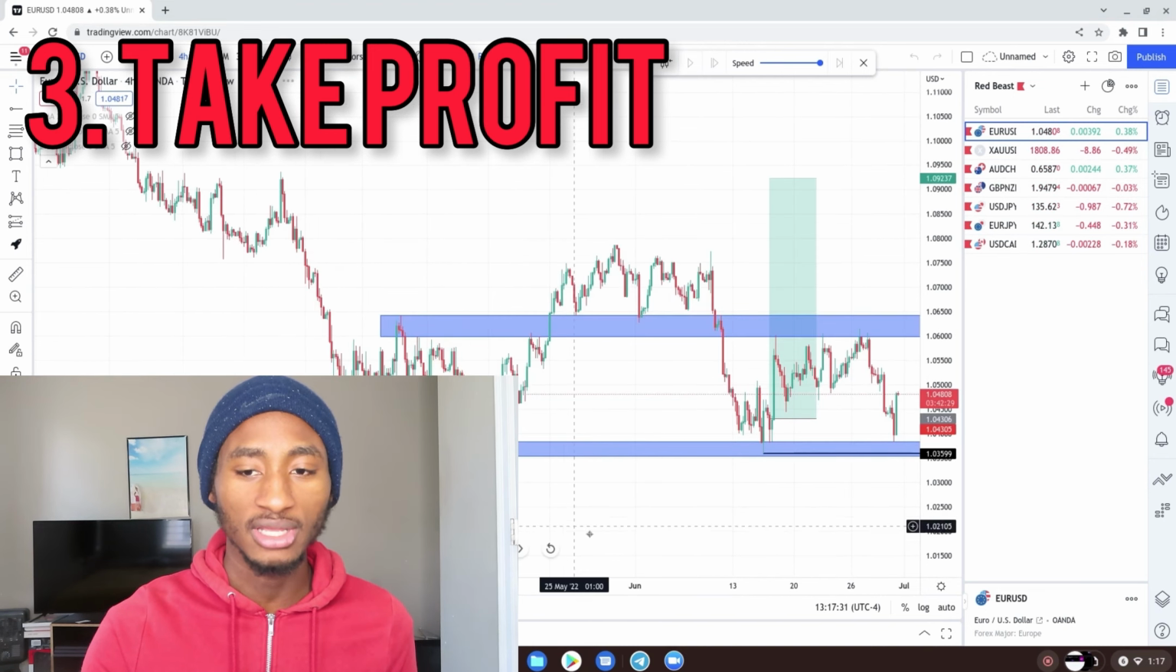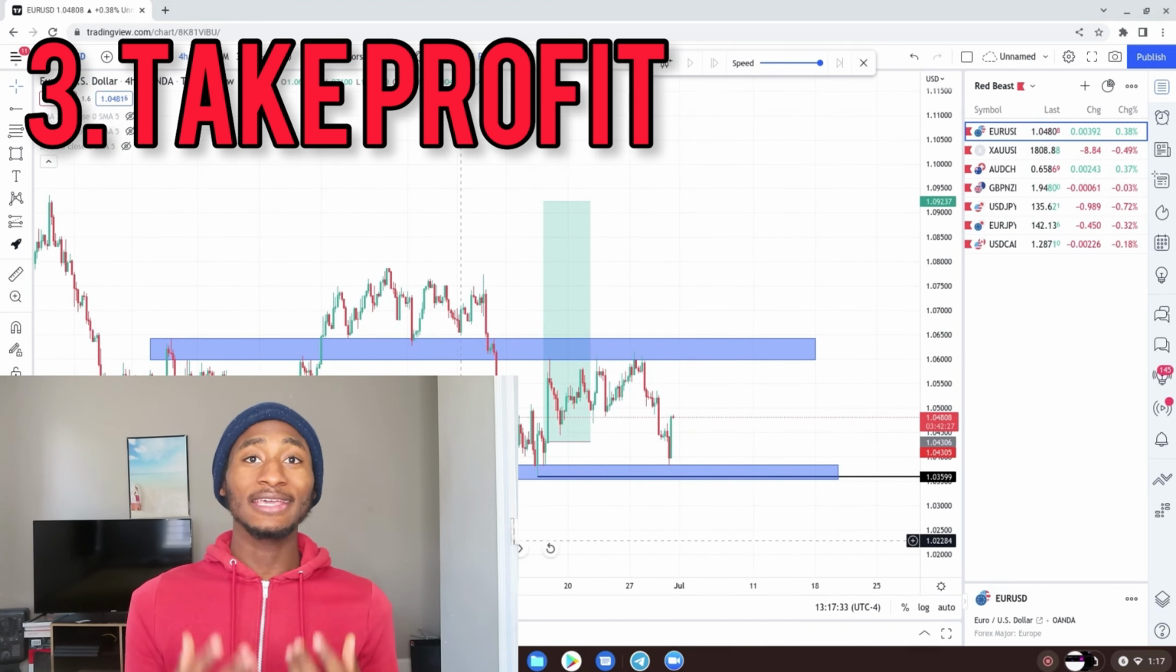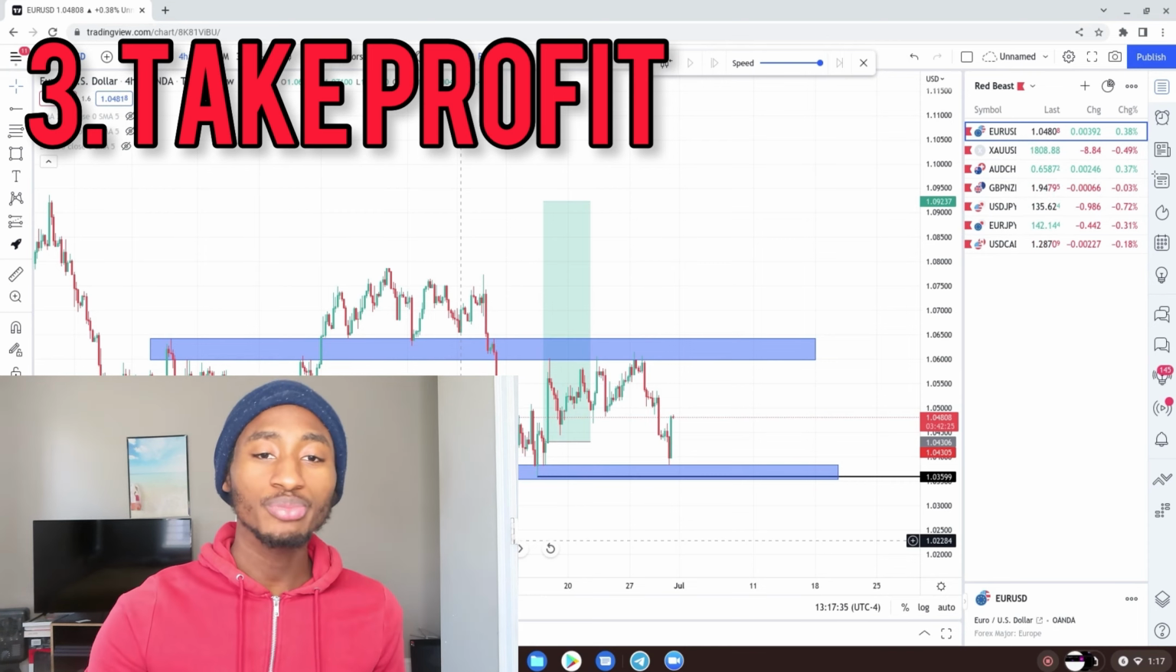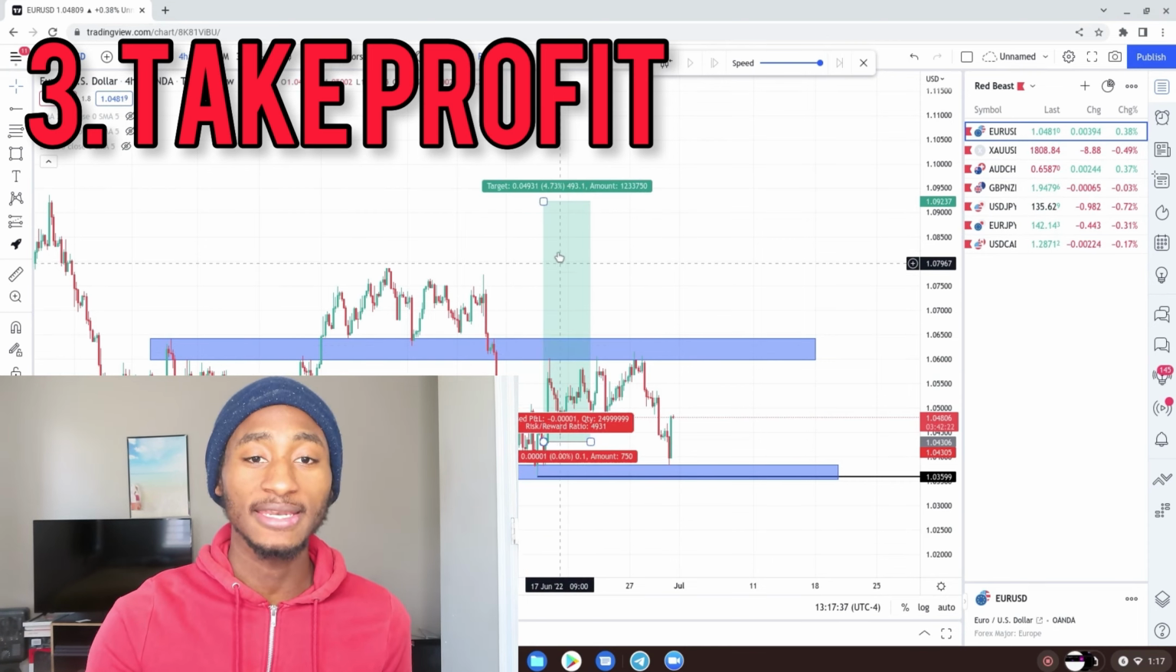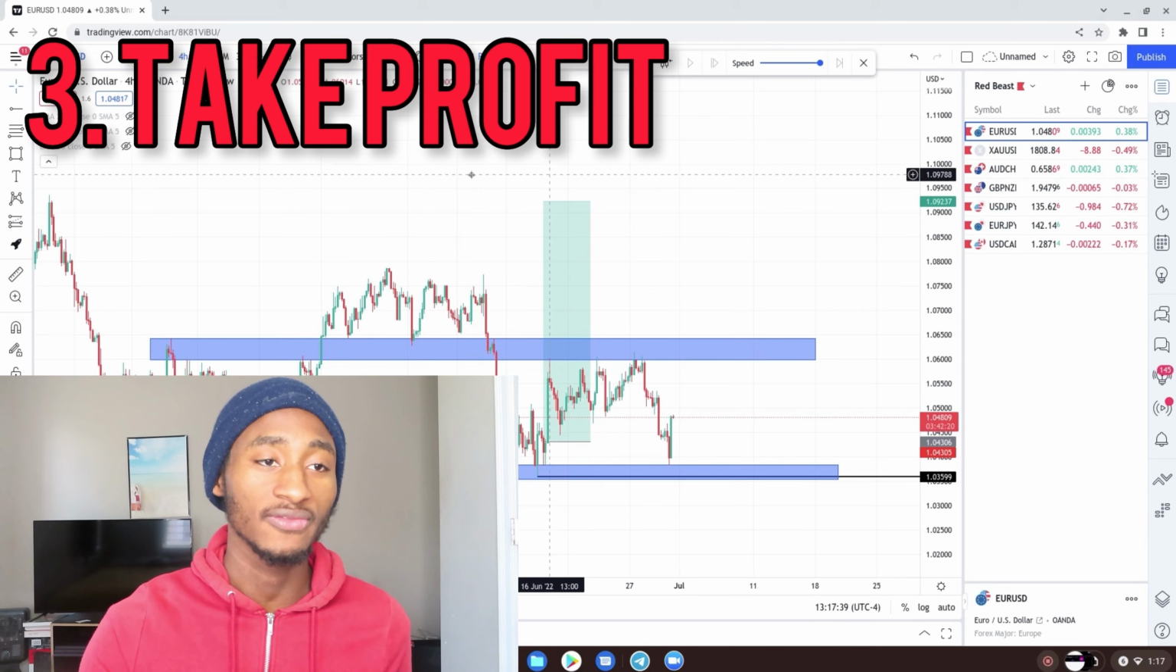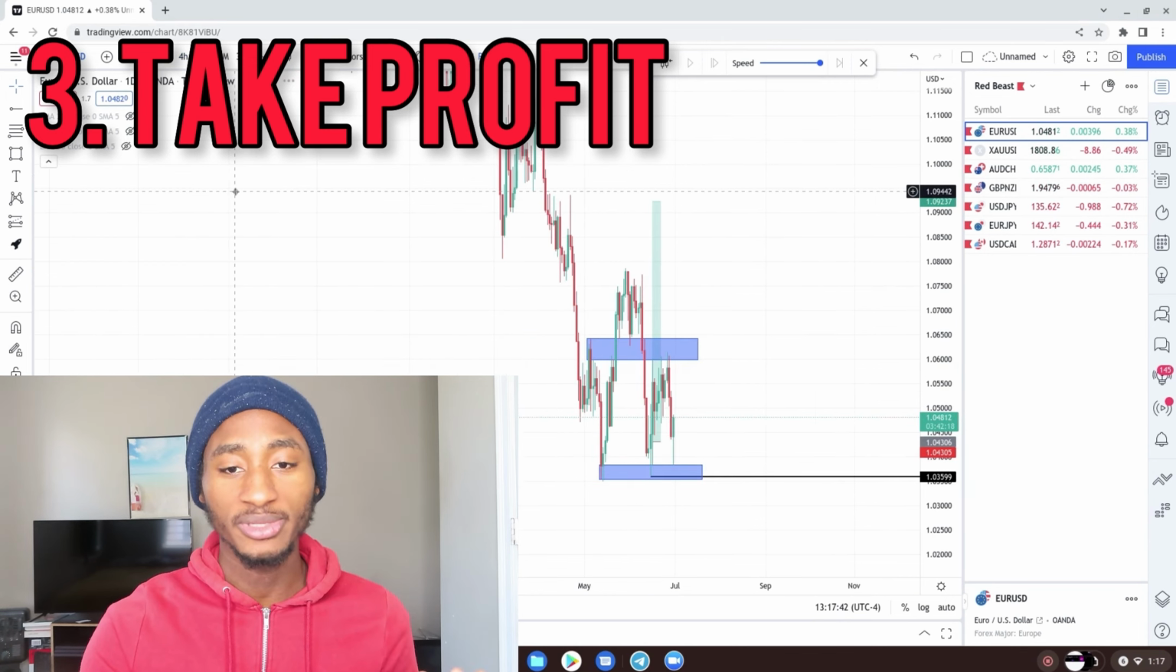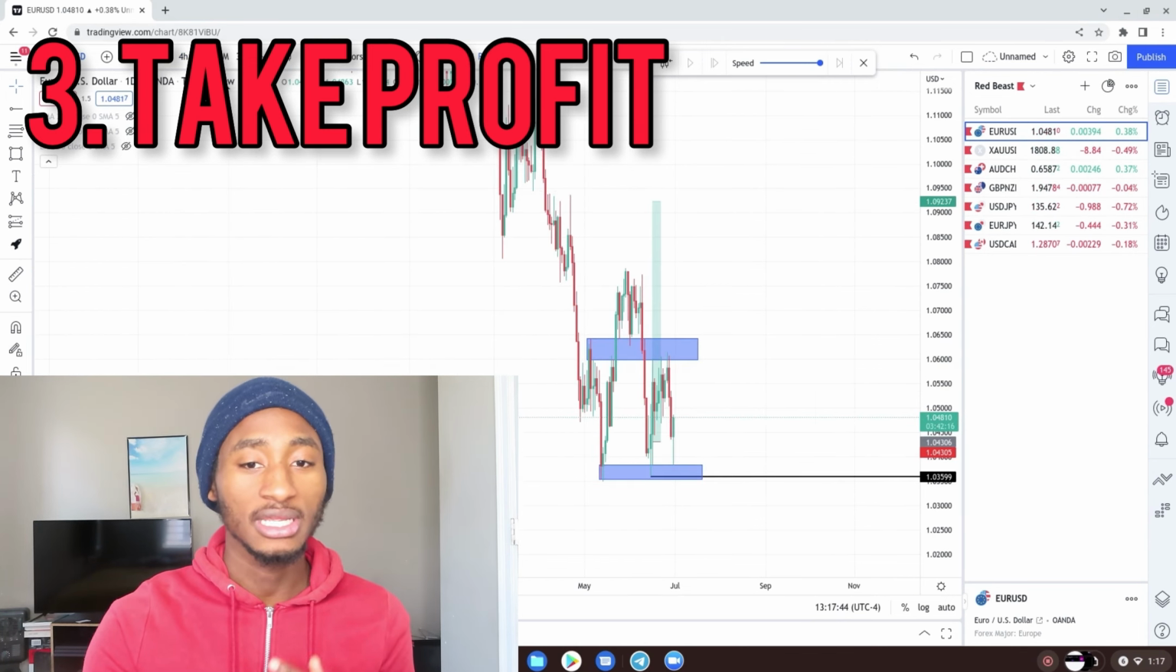You're going to get kicked out, and you probably want to enter again, right? So just put your TP where you think the market is going to retest, which is a strong level. Even if you look at the daily, it will be telling you that that's a strong level. That's where it's going to